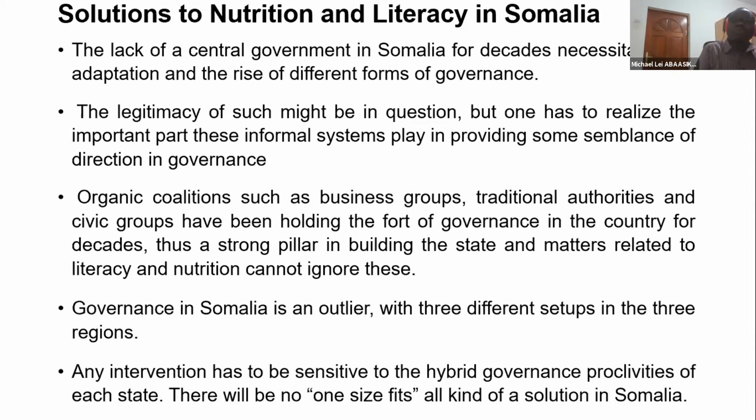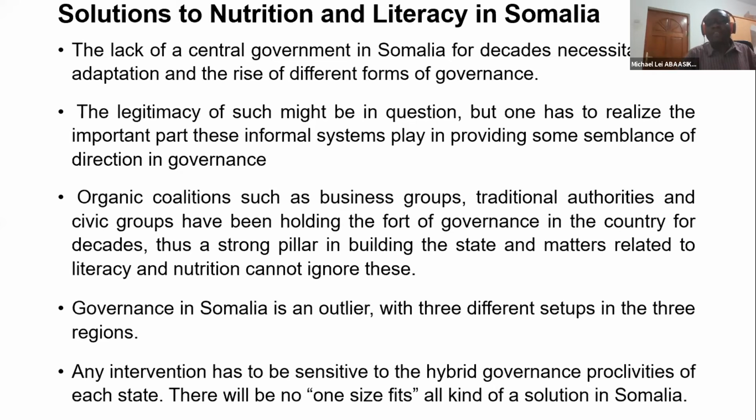Looking at the solutions to the problem of nutrition and literacy in Somalia, these two factors are geared towards lack of central government in Somalia, which necessitates decades of war in this area. Therefore, when there is no governance, of course, people cannot go to school. The social infrastructures have been destroyed. Agriculture is never stable because people are on the run. In addition to other natural disasters, such as drought and flooding, all these contribute to both malnutrition and,